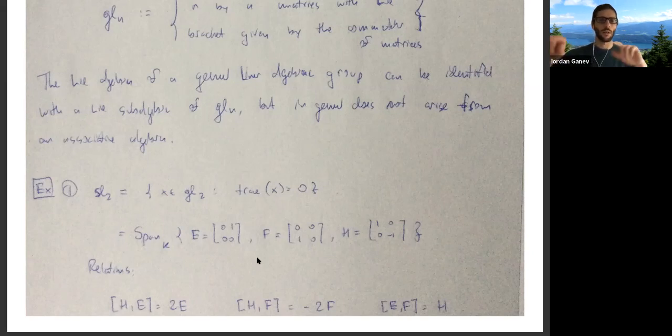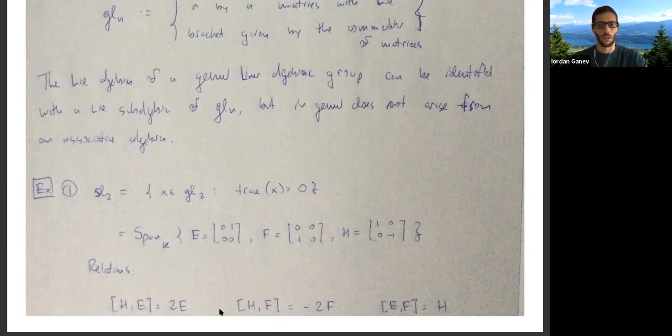If you think about how that identification worked, it exactly matches this identification of the tangent space at the identity of GL_2 with n by n matrices. And so we get this trace zero condition that we had before. And the generators, you can think of them as these three matrices. And if we compute the commutators of these matrices as appropriate, we get